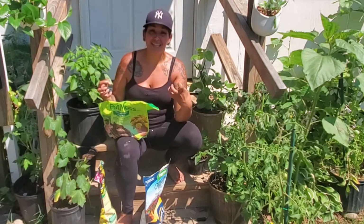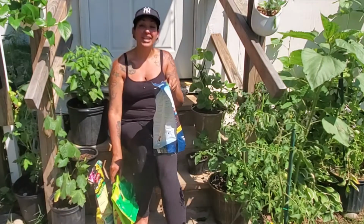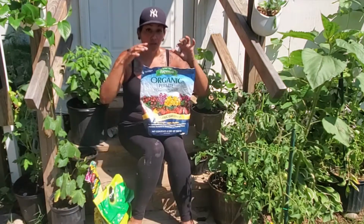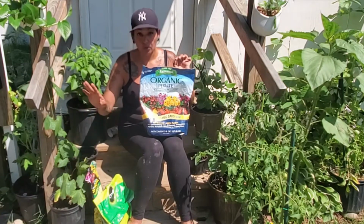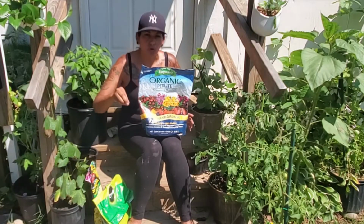Which means they retain a lot of moisture, which cannot be really good for a lot of these plants. So just keep that in mind. And that is why we can counter that with perlite. The perlite, the charcoal, the peat moss, all these things are add-ons to the soil that you are going to